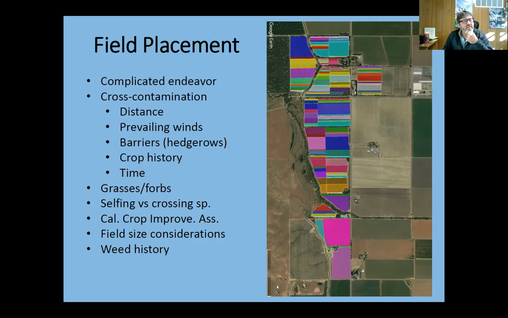Another thing that we look at is the weed history. Certain fields can have problematic weeds, and sometimes those weeds have produced seed that's very similar in size or shape or weight to our target seed, the crop that we're growing, and it becomes very difficult to clean that material out. So we think about that. If we know that one particular weed is a problem and we know the size of that weed seed, we try not to plant a similarly sized seed in that particular field.